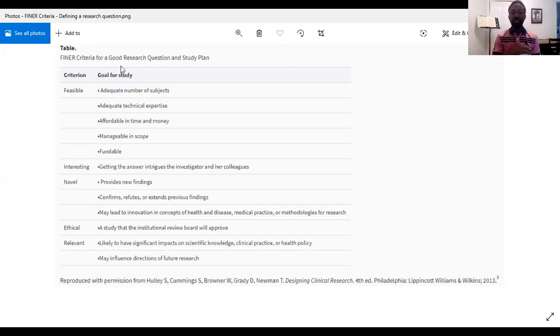Now, we've said this is a good thing. We want to go ahead. What should we do next? My recommendation, a lot of people don't do it, but my recommendation is come up with a proposal or protocol. If you're going to come up with a proposal or protocol, you're already getting into the research itself. So you need a team, and you need to build a team around you.